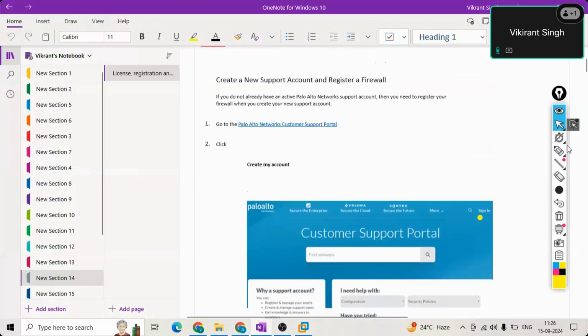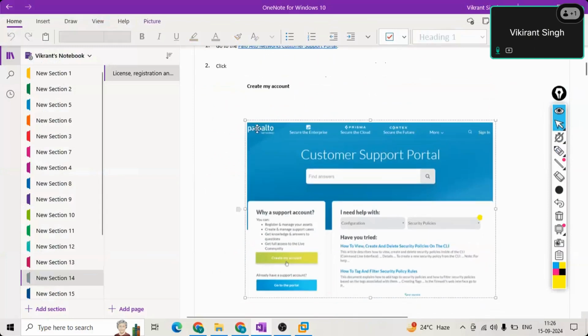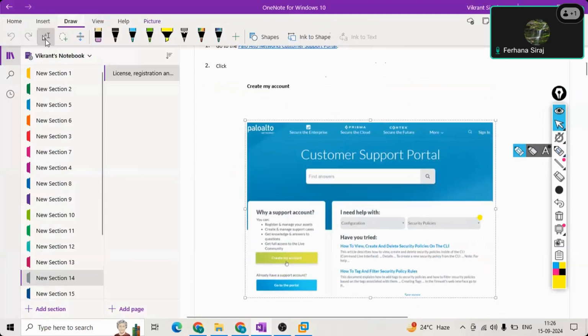Everything will be there. Any which way you will be installing the license, but the activation part they will be doing from their side. They will be going to the portal. But we have to put it on the Palo Alto server, right? Or the Palo Alto box? Yes, that we will be doing. That is not the part. What they will be doing is